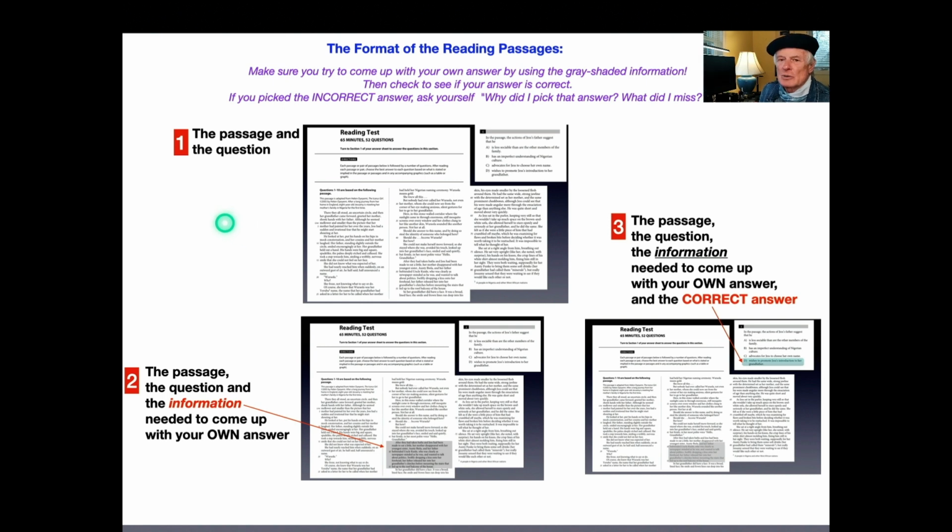And these slides are going to be pasted about 4 seconds apart, so you can just pause the video, look at the text, come up with your own answer, and then see what the correct answer is. Okay. So make sure you try to come up with your own answer by using the gray shaded information. Then check to see if your answer is correct. If you pick the incorrect answer, ask yourself, why did I pick that answer? What did I miss? Okay. So let me go through